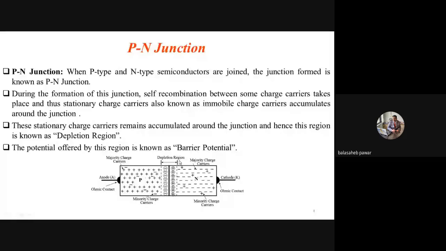Now, what is the meaning of depletion? Depletion means somewhat lack of. So in that region there is a lack of mobile charge carriers. Whatever charge carriers are available are all stationary, immobile, and that's why this region is known as a depletion region. Now, I already told you that the accumulated stationary charge carriers act as a wall, a brick wall. A wall is built by using multiple bricks, right? So such a wall gets formed around the p-n junction, and that's why this wall will have its own strength, right?